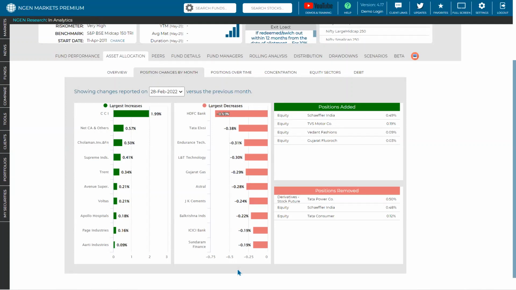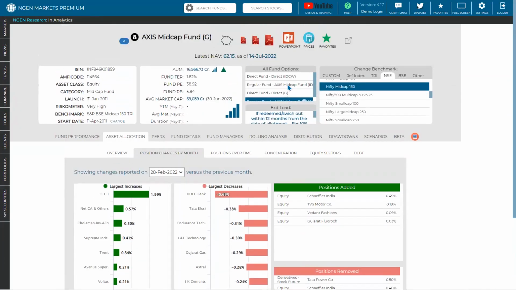Sir, just one quick question I wanted to ask. Can we have that style change factor, like what the fund style is exactly, and how it is changing over the years? Does the fund manager change it to value or growth? Can we have some kind of that data?